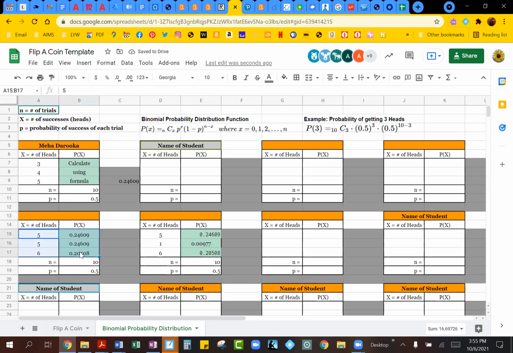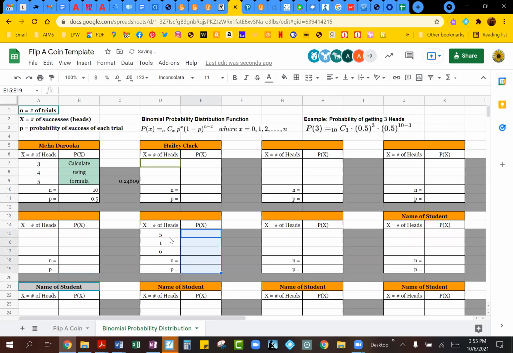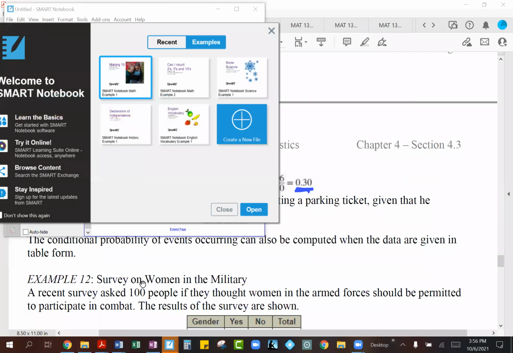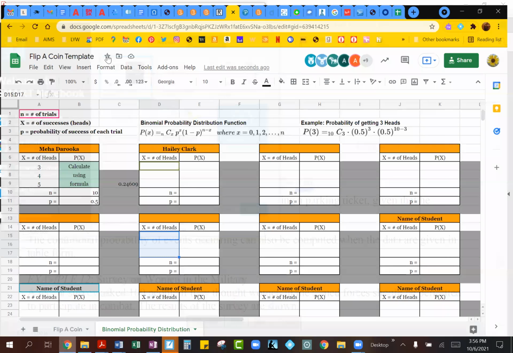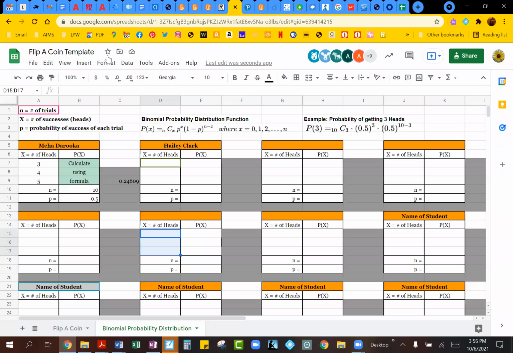So remember, one of the big things about our binomial probability distribution is that your probability has to stay the same for each trial. And you, of course, have to have the same number of trials for each experiment. So we did that by keeping 10 coin flips for each experiment. So we're keeping our number of trials the same for our experiment over here.